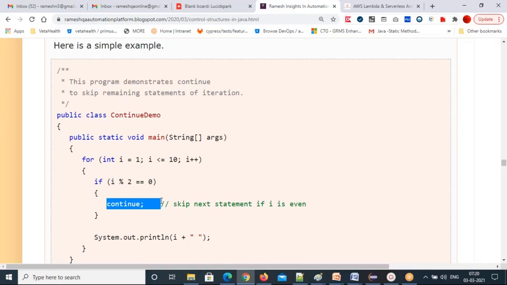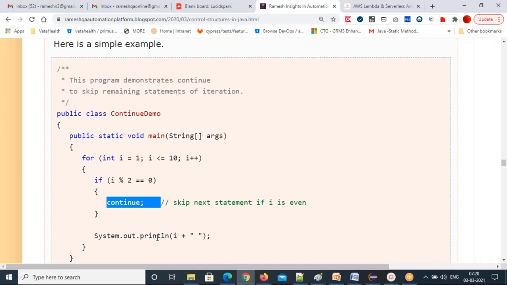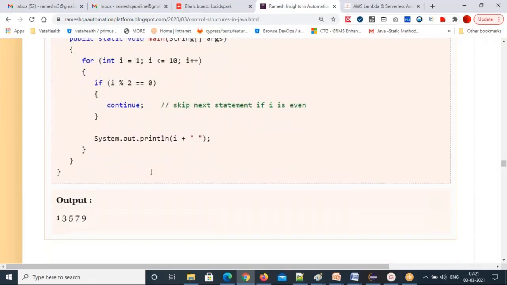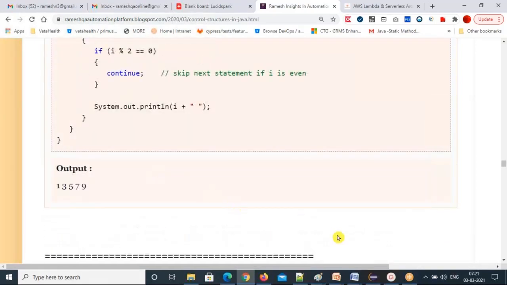If any i value is even, it's not going to execute the print statement. It will execute only for odd numbers. That's how to print odd numbers with the continue statement. That's all about the continue and break statements.